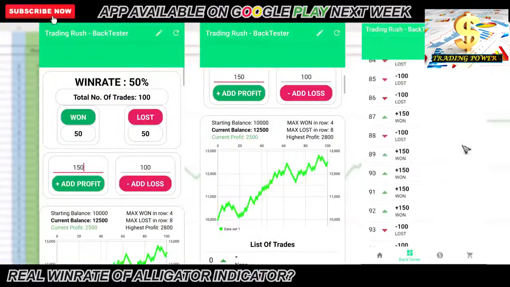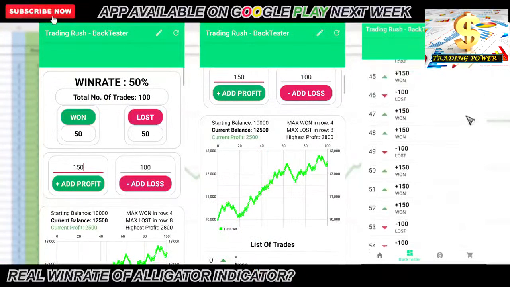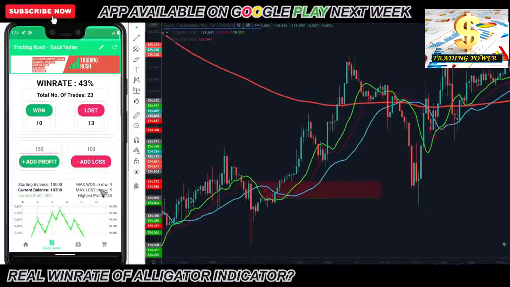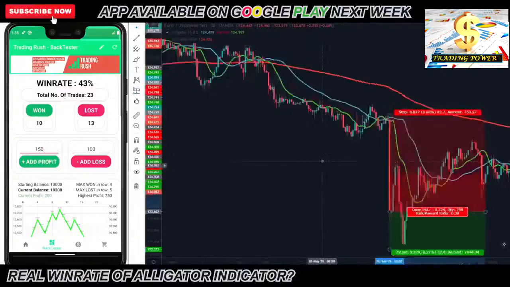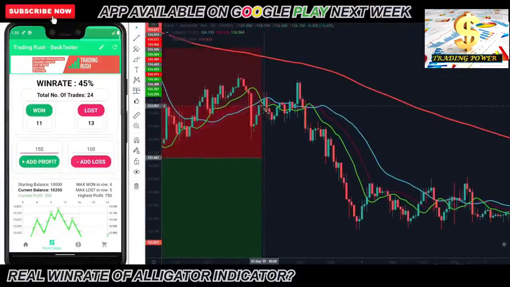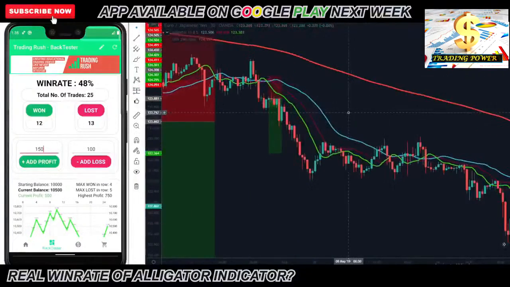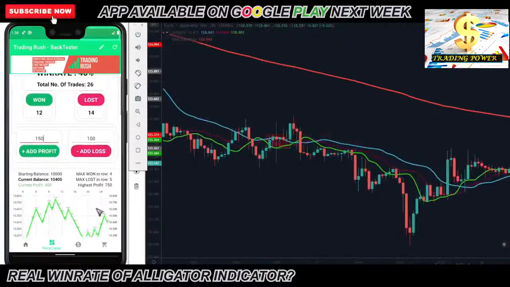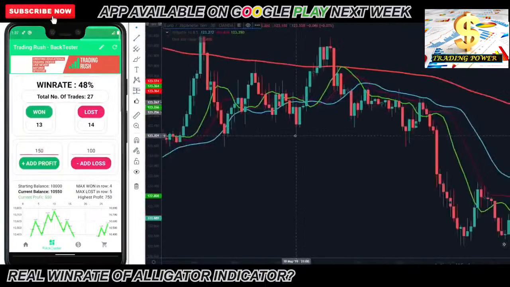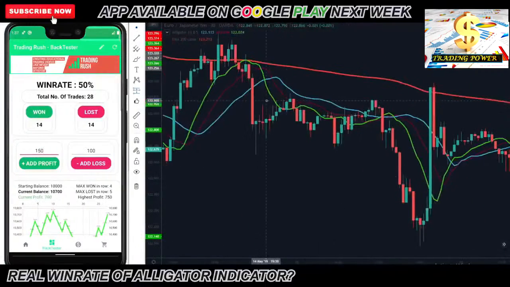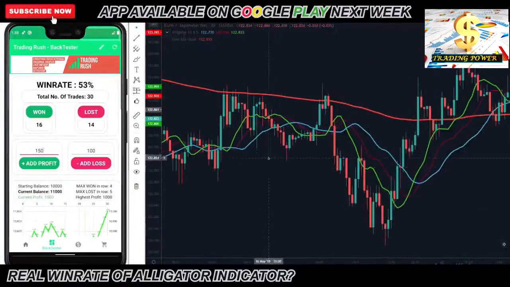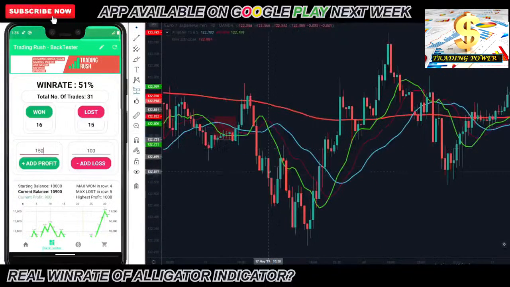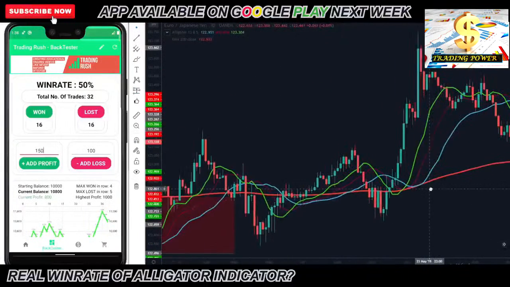Now you know the win rate of the alligator indicator strategy. Remember, I took trades based on the alligator indicator crossover and 200 period moving average. I also took 1.5 times more profit than my risk. If you use a different setup, or use a different risk to reward ratio, your win rate will be different than this. If you reduce the risk to reward ratio, your win rate will increase, and if you increase the risk to reward ratio, your win